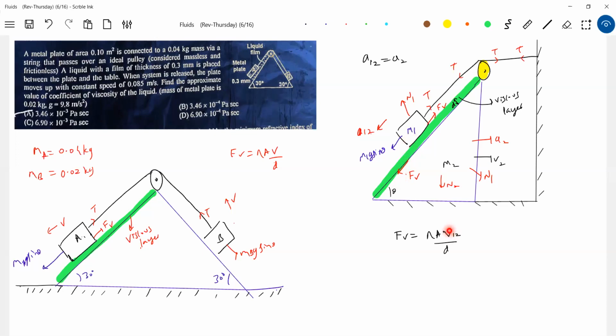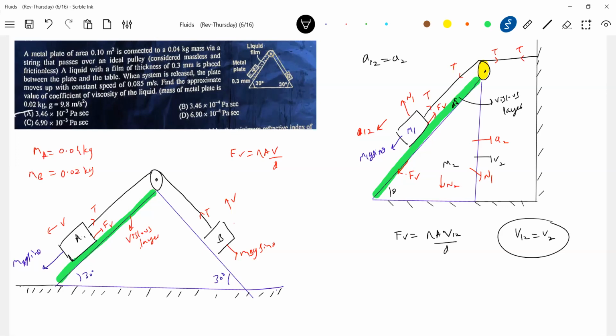I just wanted to make you alert about this particular V, because the next problems I'm going to take are related to this one only. Velocity of the block will be somewhere like this with respect to ground. What is the velocity of the block with respect to the layer? Because the layer is fixed to the wedge, velocity of the block with respect to wedge will be in this direction. So that has to be substituted here, not V1. How to calculate V12? Again, you have to go for the same constraint equation. Rest all is the same equation.